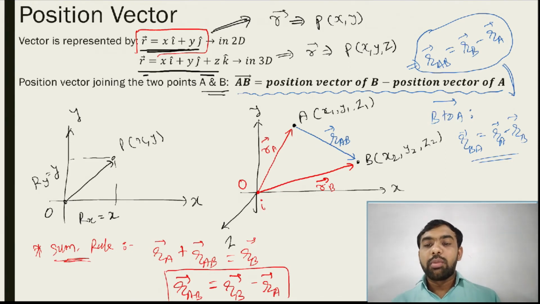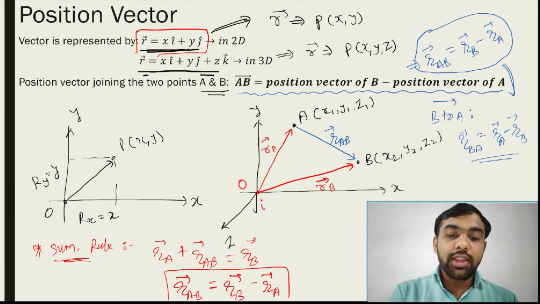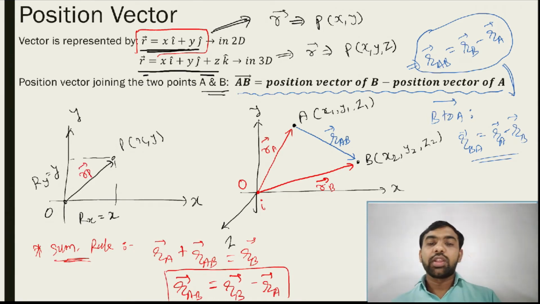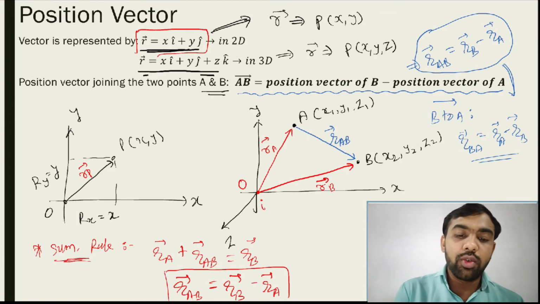RB minus RA means position vector of B minus position vector of A. That's the important thing, and it is very helpful for us. Okay, all of you note this. Then after this we will go to the next one. Note it. And one thing you must note here. See, I am just writing here: RP, the position vector of P. Then it's exactly similar because here O is what?